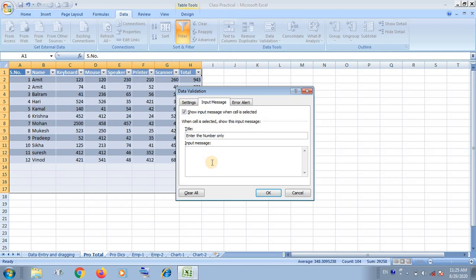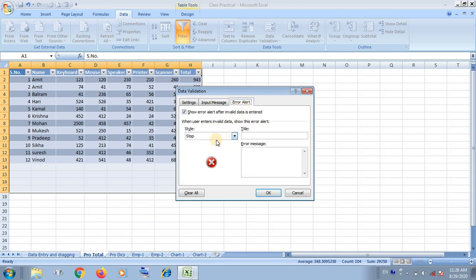This is the title, and I have written the message that will be displayed to the user: kindly enter the number quantity 100 to 500.